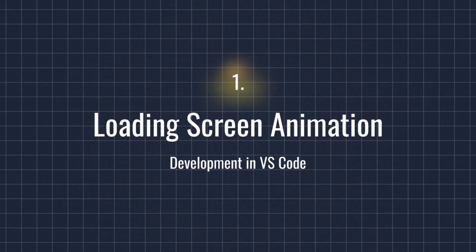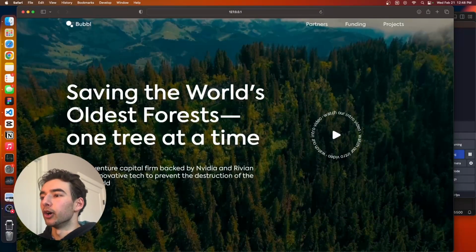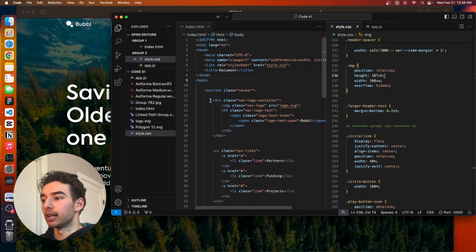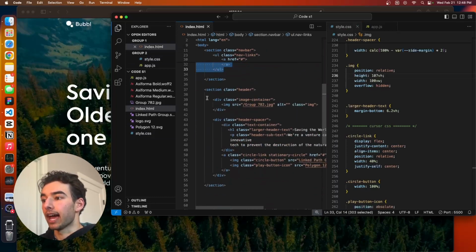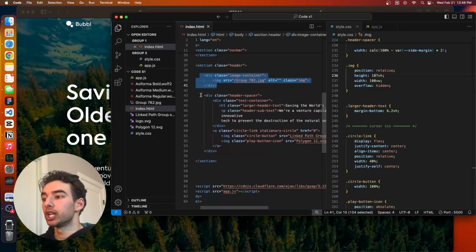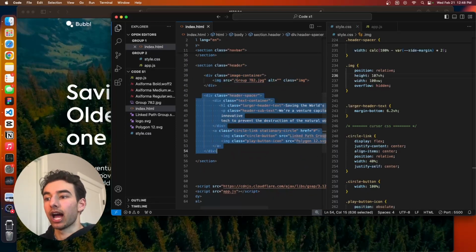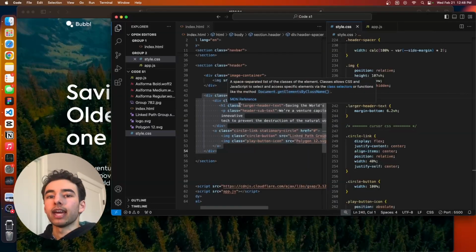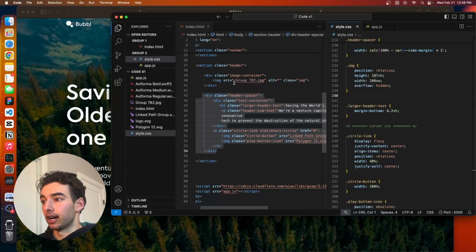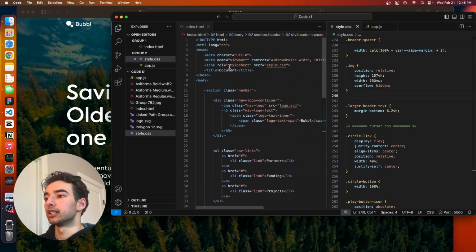All right, so I've just set up a tiny bit of code for our very first animation. We can check it out here. I've just set up a super simple navbar with some links, and then the header, we have our background image, and then all of our text that is absolutely positioned on top of here. Okay, pretty straightforward. So we are going to hop in and start animating, but first we need to create our